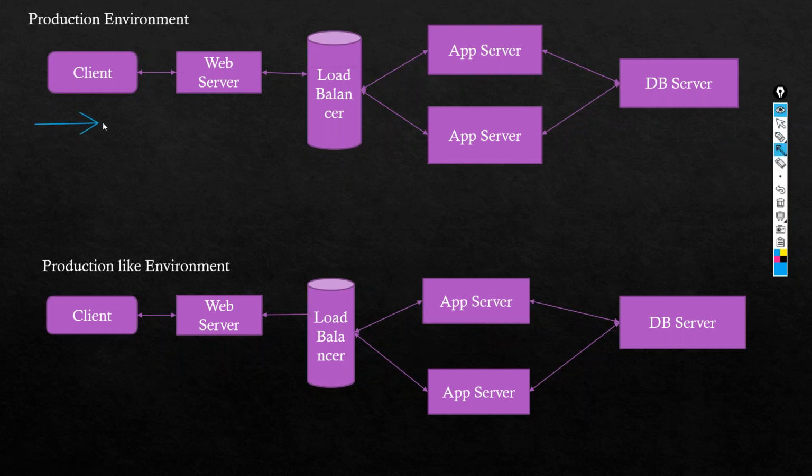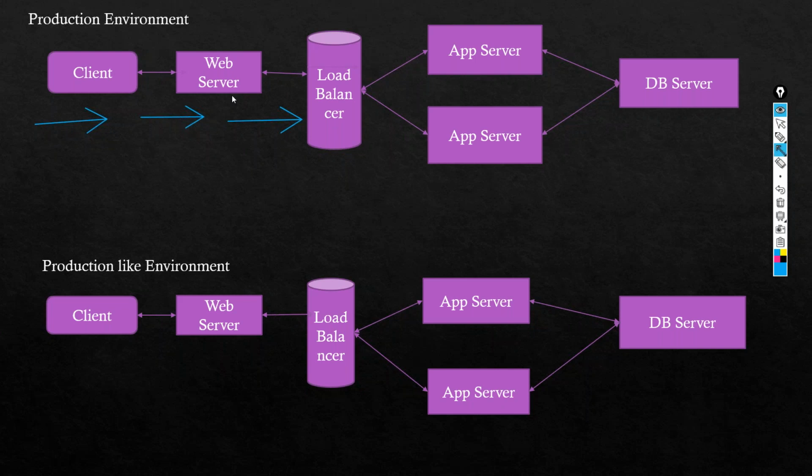If you see here, first the request will go from client to web server. Generally this is the flow. And from web server to load balancer to app server to DB server. Now you might wonder what is web server, what is app server, what is DB server, what is load balancer. So web server is more about loading the DOM content in the browser, or displaying the web pages in the browser. It is responsible for handling that.